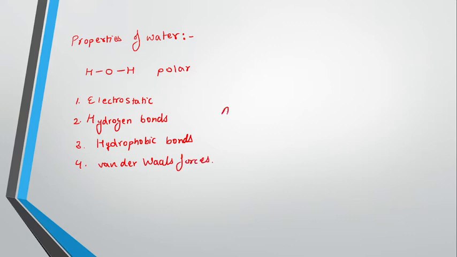Okay, so electrostatic means A plus B minus, right? So here oxygen is there which might interact with the positively charged ion, which is also called a cation. Hydrogen bonding, for example, there is an NH2 group. Okay, so here it is interacting via hydrogen bond. So N and H are interacting via hydrogen bond.